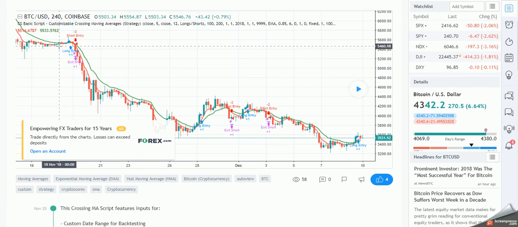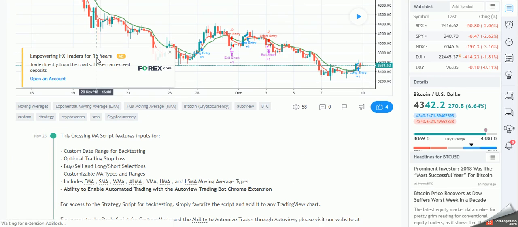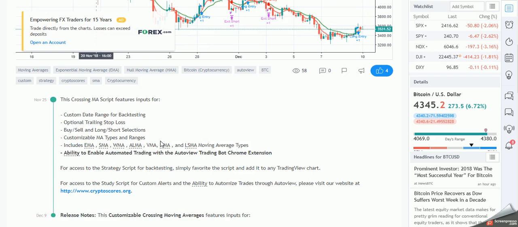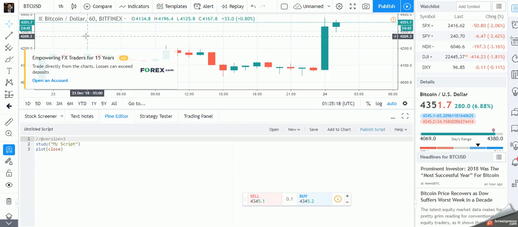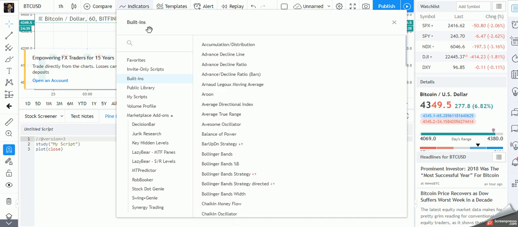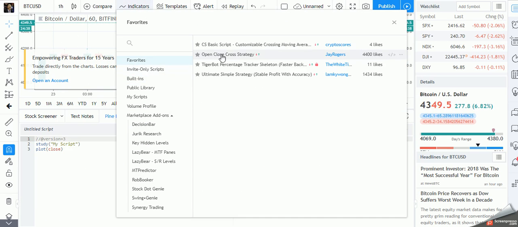You'll notice that even in a bull or a bear market, indicators can find profitable strategies. So it's fun and important to play around with these whenever making investment decisions. From here, you can add this to your favorite scripts, and all of a sudden, when you go back to your original chart, you'll be able to actually add this indicator